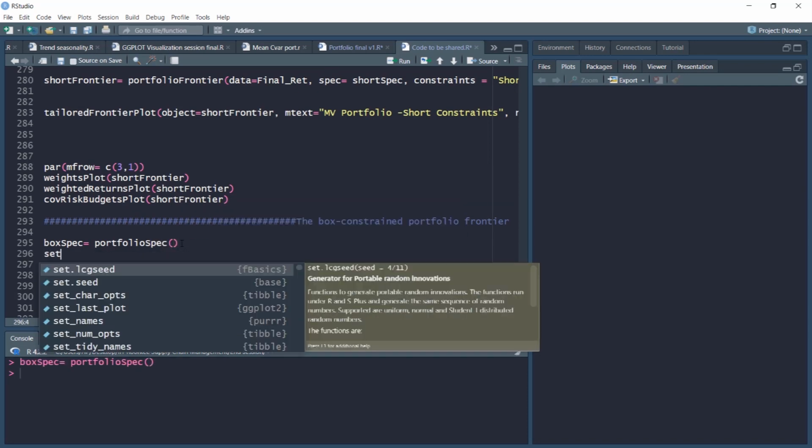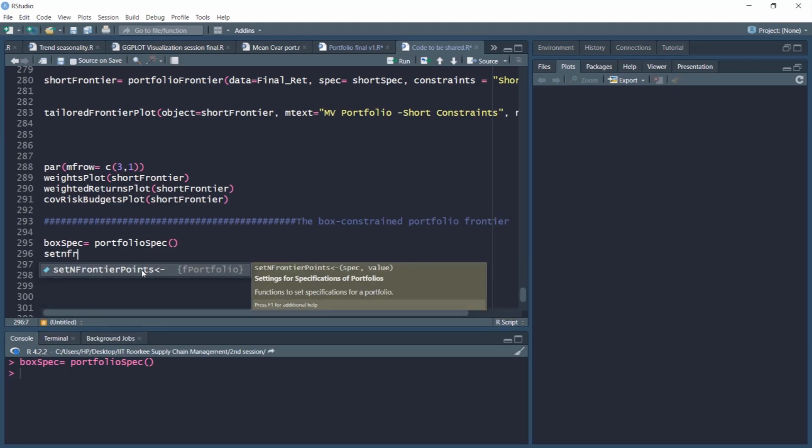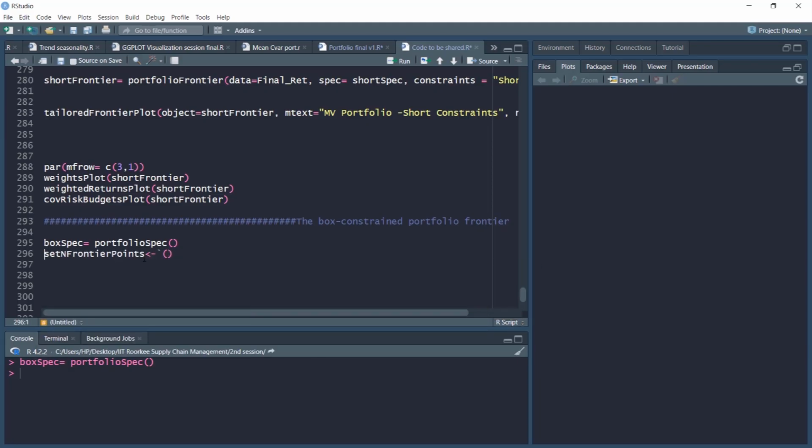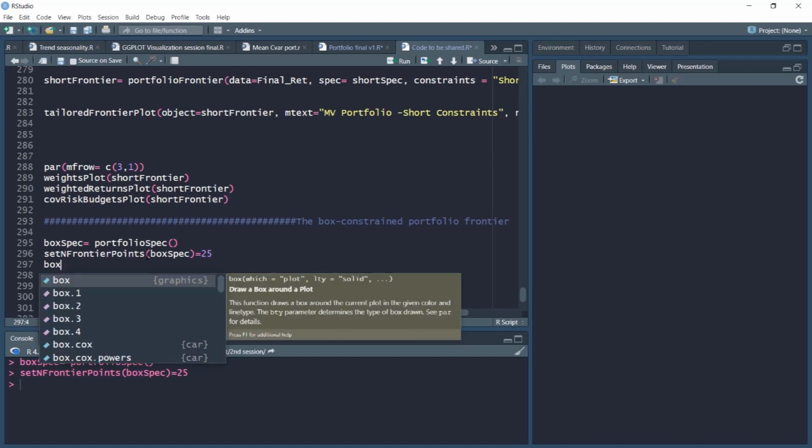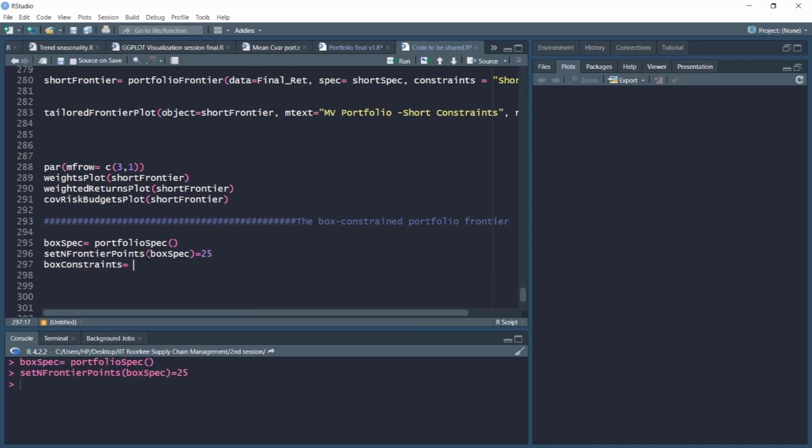Let's set n frontier points. Let's start with 25 points. So we'll have this box spec object with 25 points, and let's specify the box constraints. So let's have C. First constraint may be minimum weight for portfolio 1 to 7.